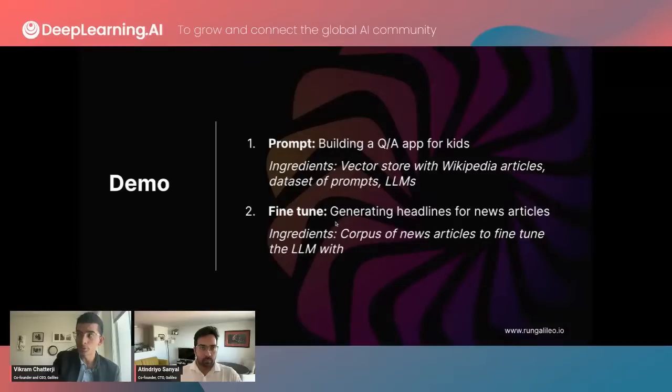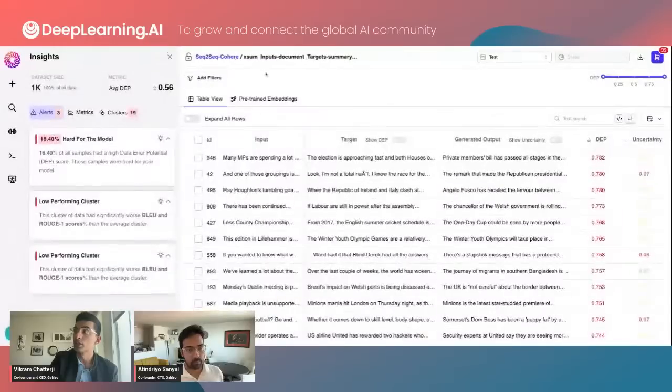So in this case, for fine-tuning, the use case is going to be generating headlines for news articles. And the ingredients will include a corpus of news articles to fine-tune the LLM with. Fairly simple use case. Now, I fine-tuned this model in my notebook, again added one line of Galileo code. In this case, the Python client is called data quality. And with a similar user experience in your notebook, you get a link and you visualize your data on the other side. So if I go to what that looks like in the Galileo UI,